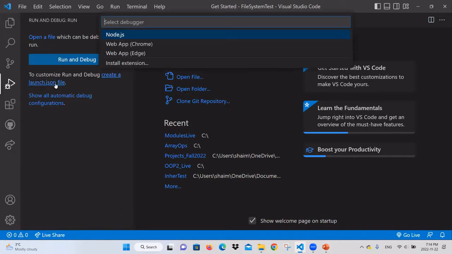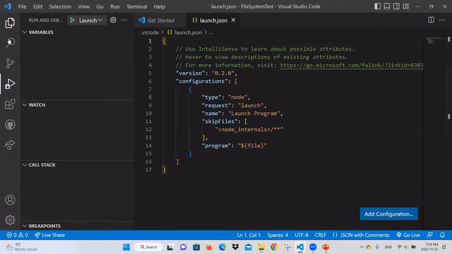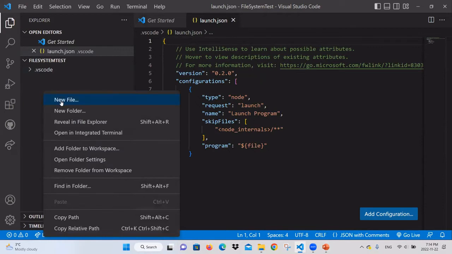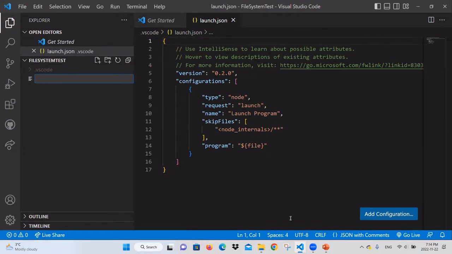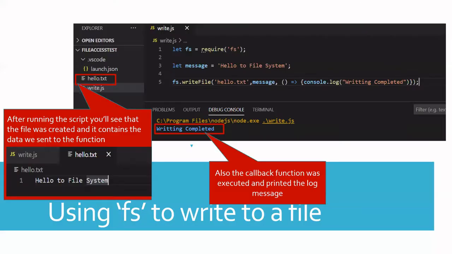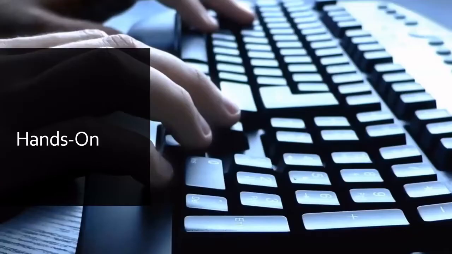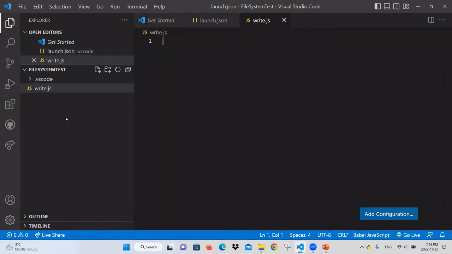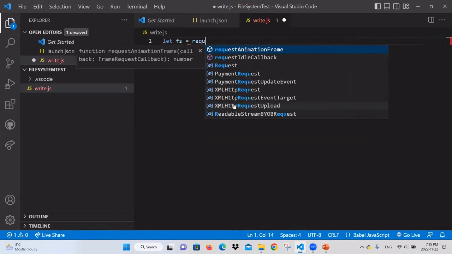And let me configure it. All right, and I'm just gonna create a new file, let me see the same name I used here. Okay, so let's call it write.js. So write.js. All right, so I'm gonna import the fs module. So let fs equal require fs,